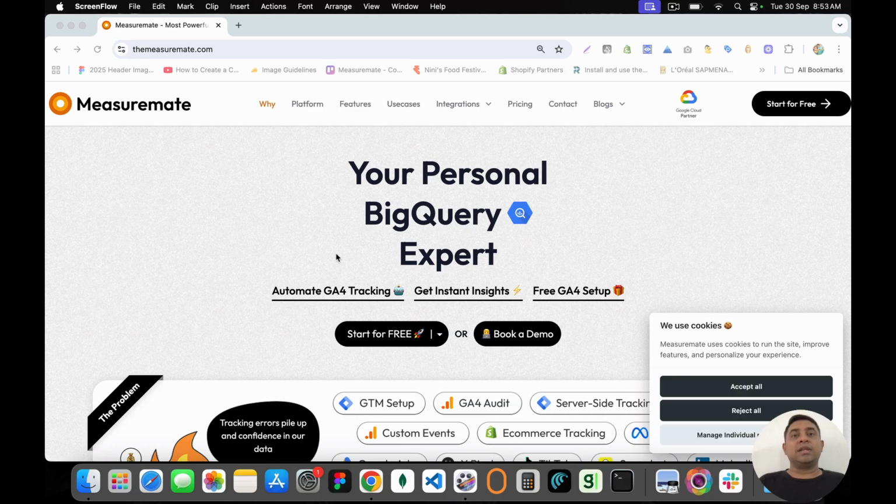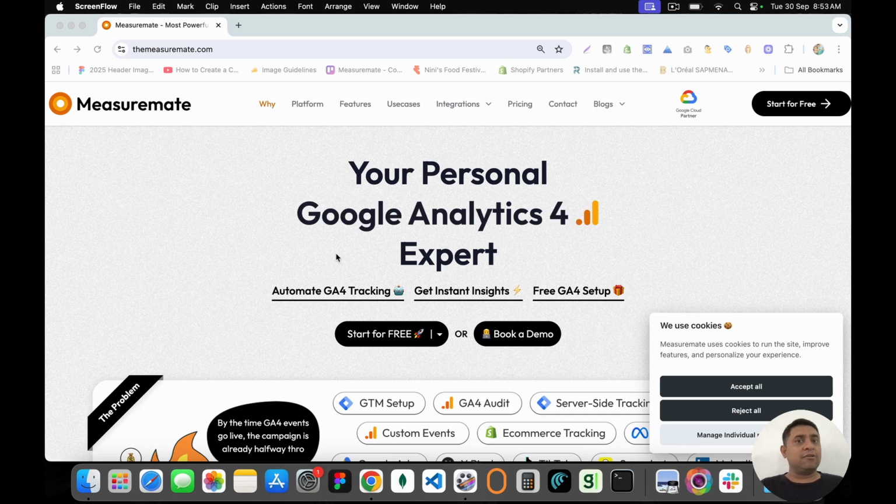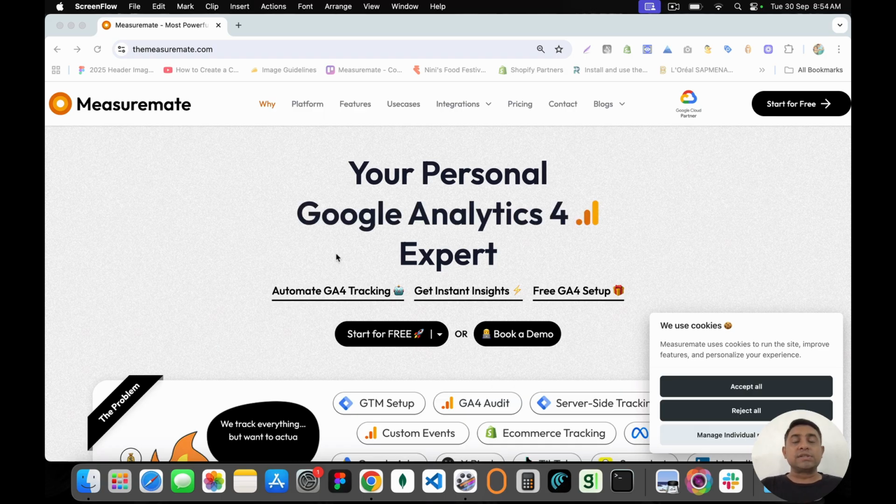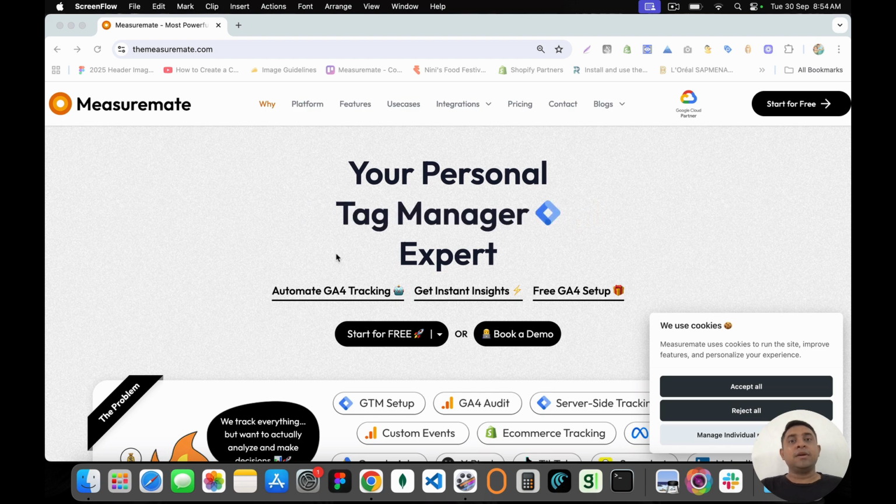And on the other hand, investing in tagging, implementing Google Analytics, Google Tag Manager could cost you like hundreds and thousands of dollars as an agency or as a brand. If you are investing so much on manual work, hiring agencies, hiring experts, you could reduce that expenses as well using Measuremate. And lastly, I think the third problem that we tried to solve was Google Analytics implementations are